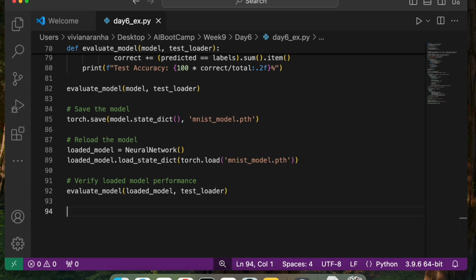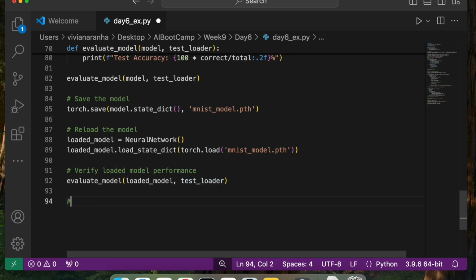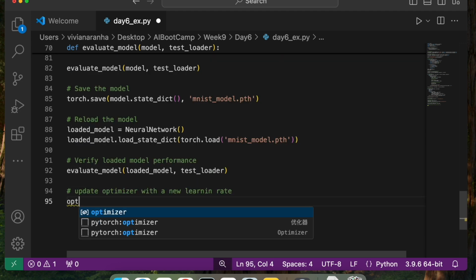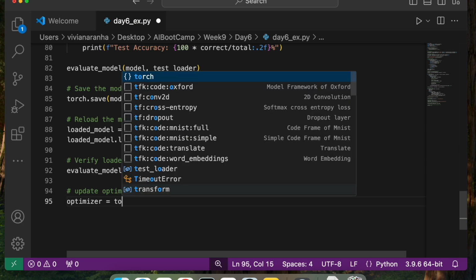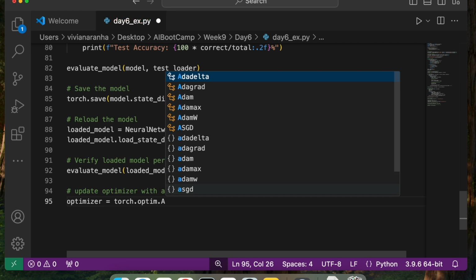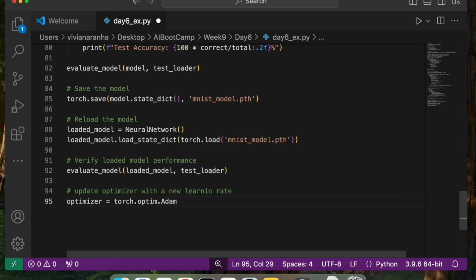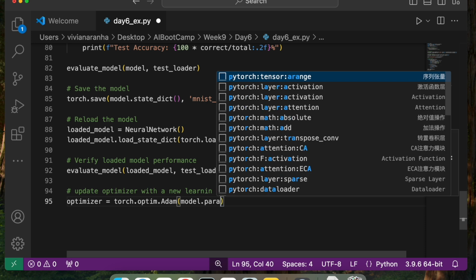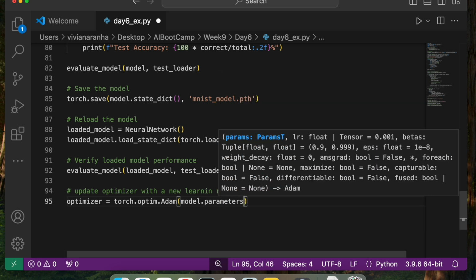Now if you want to experiment with model structure and the learning rate, you can always update the optimizer. I'm going to just write this code, but I'm not going to run it. Optimizer with a new learning rate. You can just say optimizer equal to torch.optim.Adam and pass model.parameters. That's what we did earlier, and learning rate equal to, this time I want to increase one more decimal,